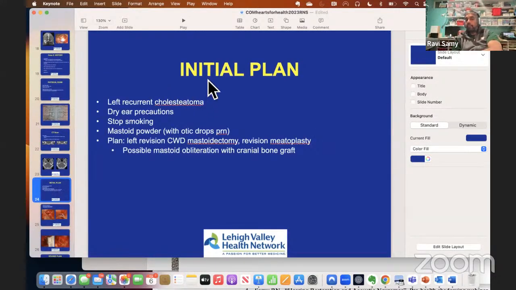So initial plan, when I first meet patients, unless it's a life-threatening disease like the first gentleman where I said, I've got to go to the operating room, I've got to take care of this, otherwise this person's going to lose his life. A lot of times with my patients, I want to make sure that I don't overwhelm them. I'll give them information, handouts, pamphlets. I love it when they come in with their husband or wife or family member, friend, someone. Having an extra set of ears, no pun intended, is very good,